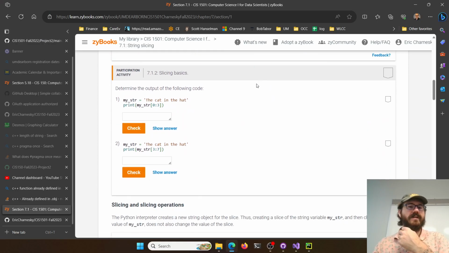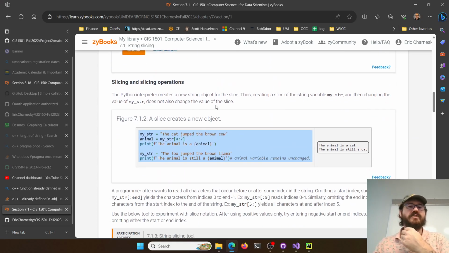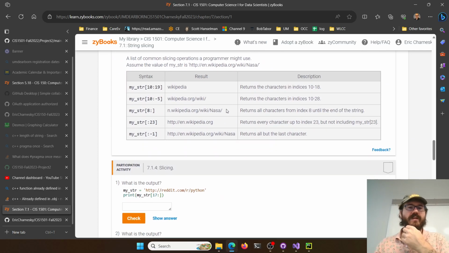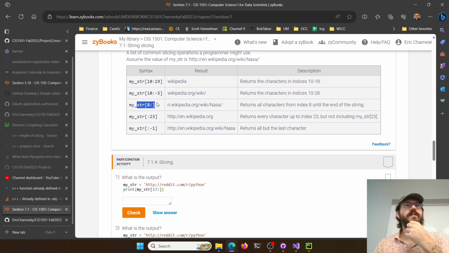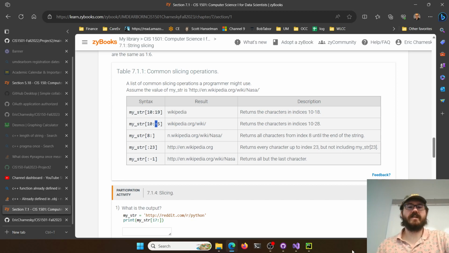Now, what's fun is they're optional. So if you don't give it an end, it assumes you want the end. So if you don't say stop at a specific index, it just goes to the end of the string. If you don't give it a starting index, it starts at the beginning of the string. It says, oh, you probably want from the beginning. You can also give it negative notation, which is fun. You're like, hey, -1 character from the back, or -5 characters from the back. It gets to be a little weird, but you can read like that.